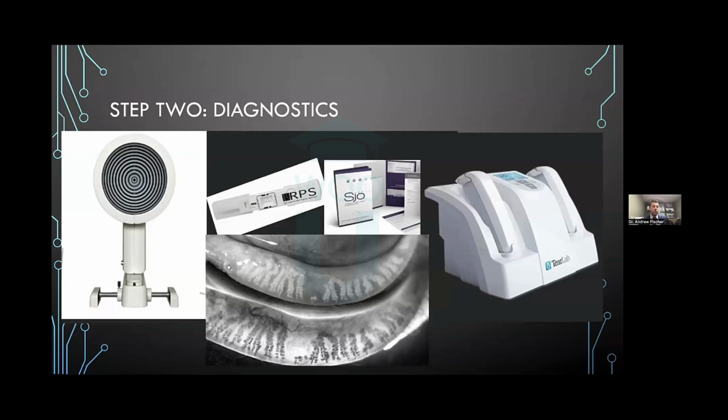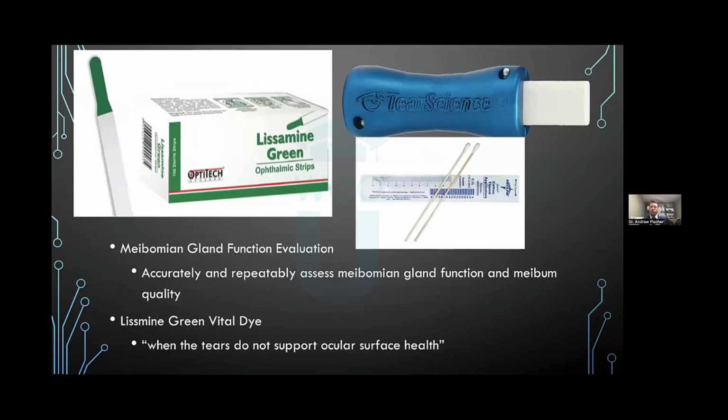Truthfully, I think there are 2 things that are vital, and the rest we can add as we go. But the 2 most vital things, in my opinion, that we need for dry eye evaluation, number 1, is a way to accurately and repeatably assess the meibomian gland function, as well as the quality of the expressed meibum. And so this can be as simple as using your finger, using a Q-tip. There is a tool called a meibomian gland evaluator, that you see there on the top right, that I tend to use most commonly because it is a repeatable pressure that you put on the eye. I'll get more into that in just a little bit.